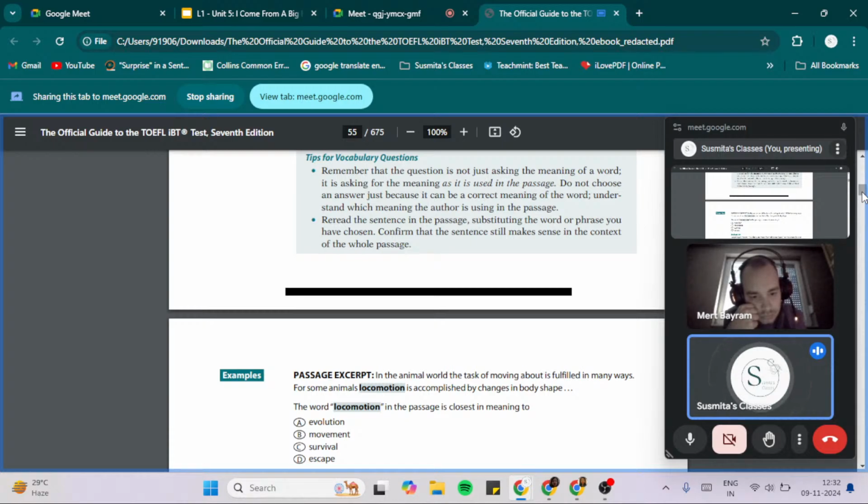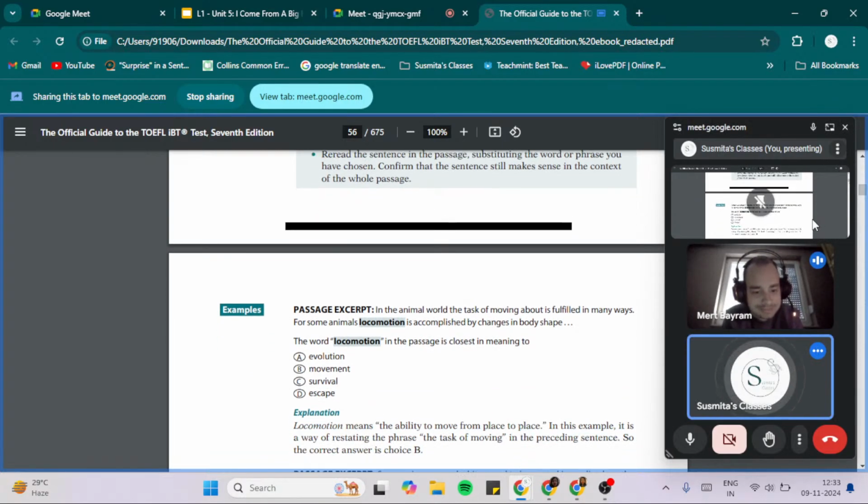Now, even if you don't know the meaning of locomotion, you might know the meaning of motion. So that should help you to select the option. I think it's B. That's correct. Very good. Because we're talking about motion, locomotion means the ability to move from one place to another. Hence the option B becomes correct because all the other options don't talk about movement. So it was an easy guess over here.